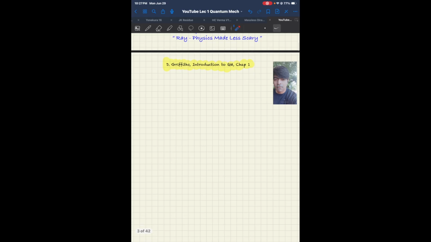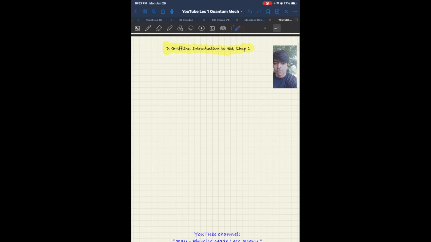I'll start with a basic. I'll start with the standard physics that we know from school, right? The first equation that we know from school is F is equal to ma, right? This is the most basic equation that we know, where force is related to